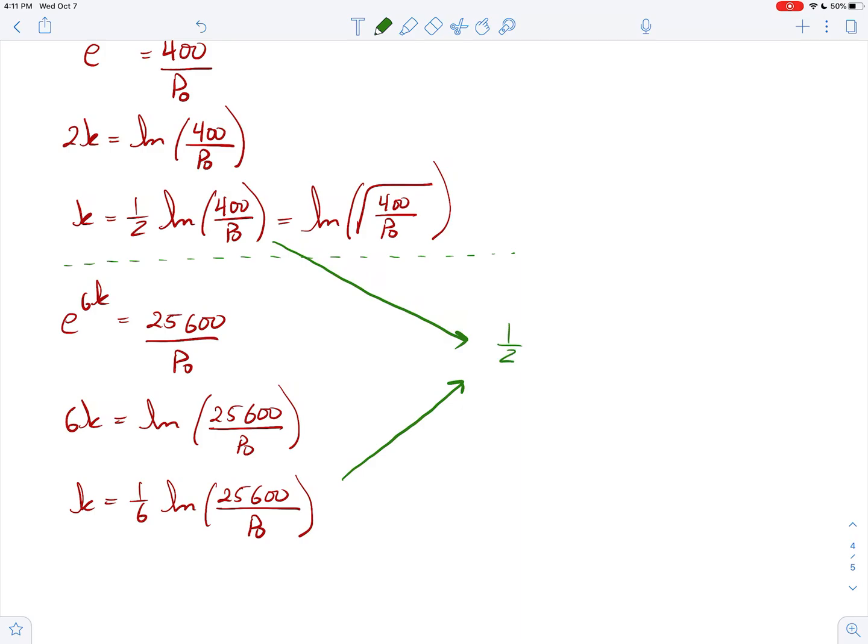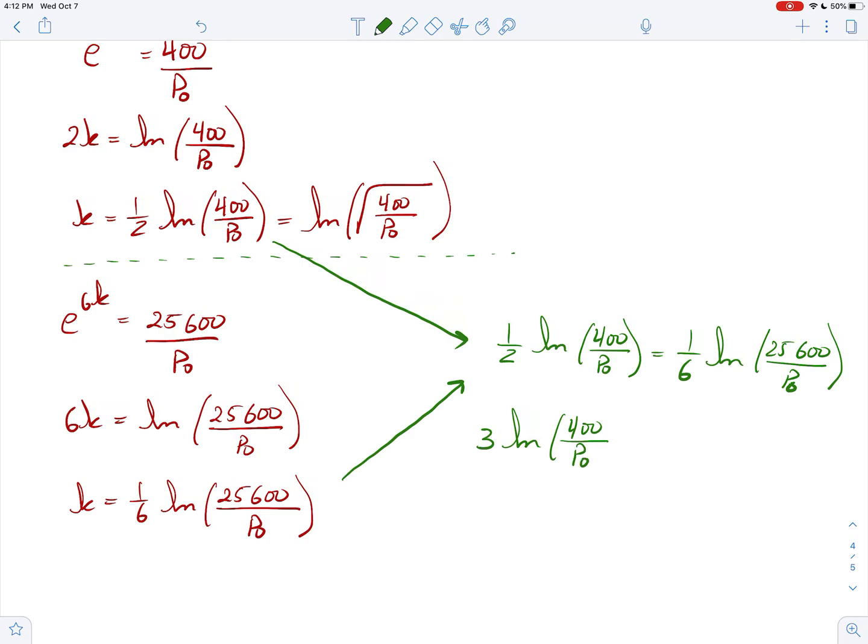So I now know that 1/2 the natural log of 400 over P naught has to equal 1/6 the natural log of 25,600 over P naught. Okay? And so now at this point, there's lots of ways you can proceed. I'm going to go ahead and clear these fractions. I'm going to multiply the equation by 6. And so I get 3 natural log of 400 over P naught is just the natural log of